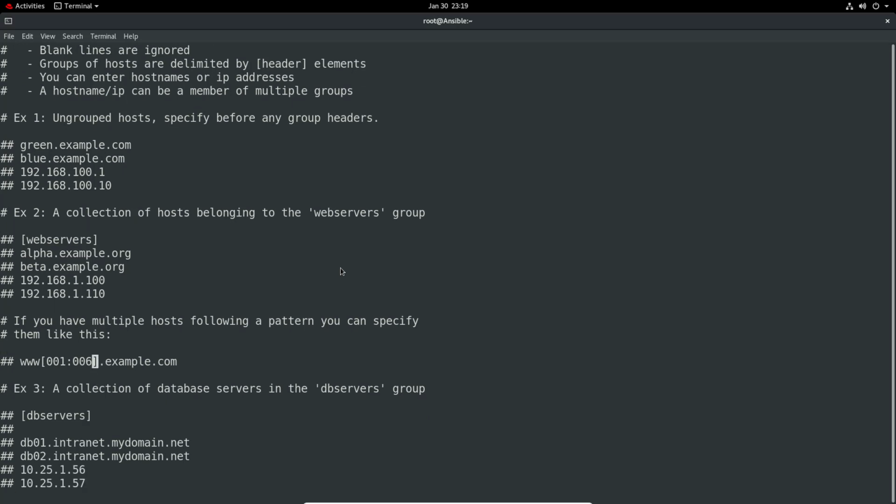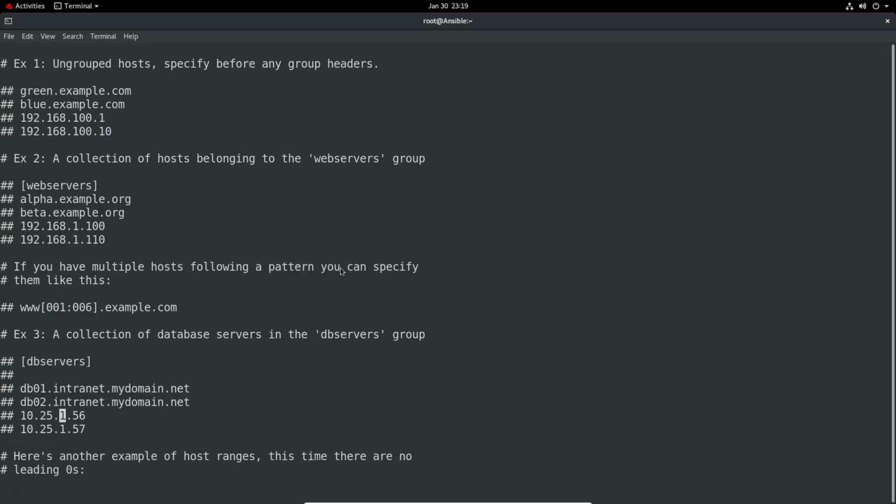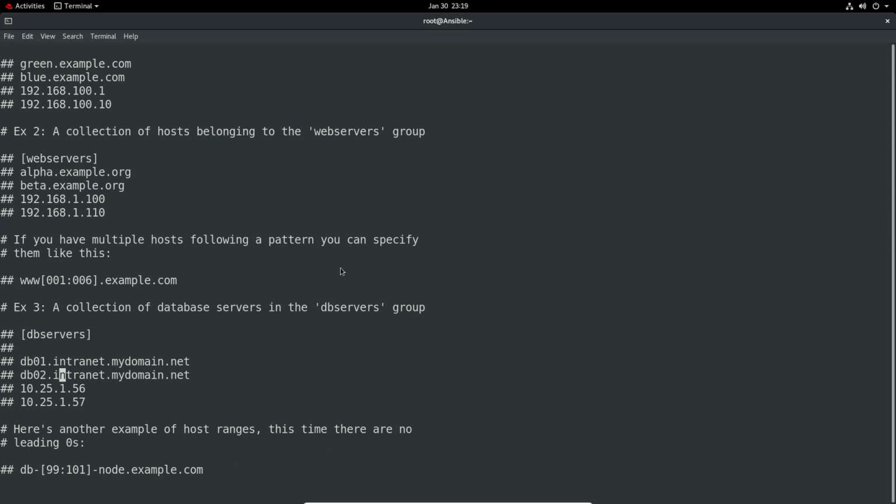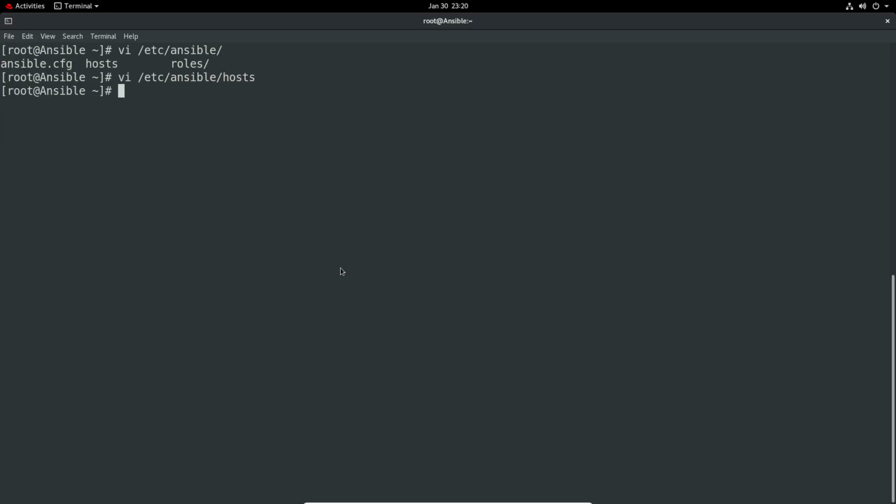And you can specify multiple hosts following a pattern, so you can say from 1 to 6 in that list, for example. You can have a collection of database servers. Again, that's another good example. So what we do is, it's generally good practice to not use that. You could obviously configure your ansible.cfg to point to another file, but probably the safest way is to generate a per project directory that stores the